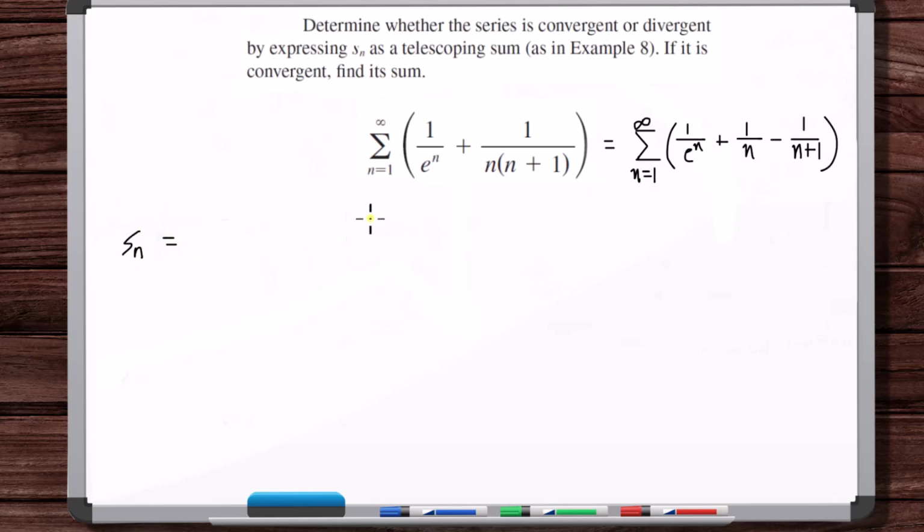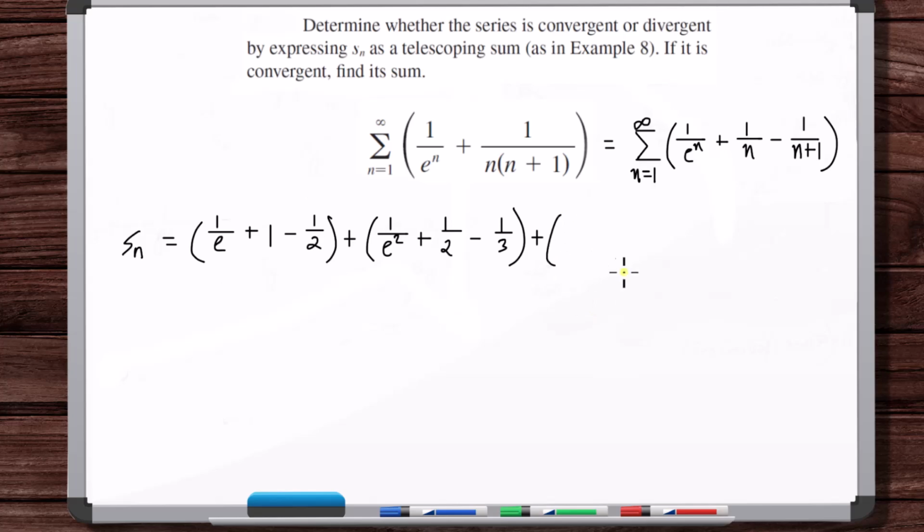And so the S sub n is, so when n is equal to 1, we've got 1 over e plus 1 minus 1/2, plus when n is equal to 2, we've got 1 over e squared plus 1/2 minus 1/3, plus, let's do another term, so 1 over e cubed plus 1/3 minus, okay, plus,